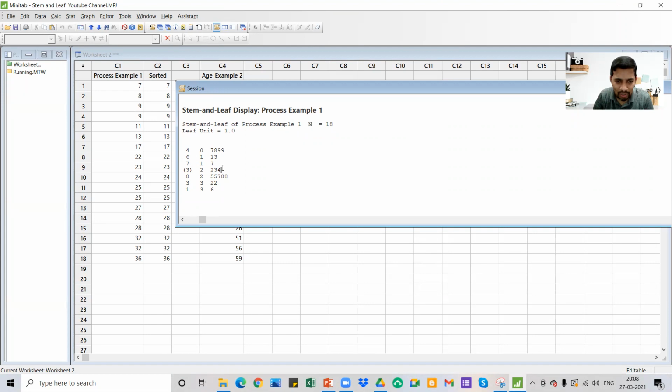And then here, how many values do you have? 3 values you have. This is the median point. So parentheses indicate the median, right? So in this you have 3 values. In this one, again, you have to read it from the reverse. This is like the bell curve, where you have a negative and a positive side. So now you have to read it from the reverse. So this is 1 digit you have.